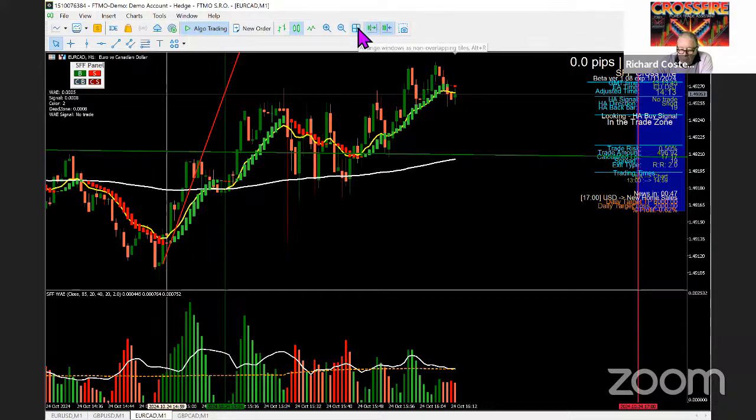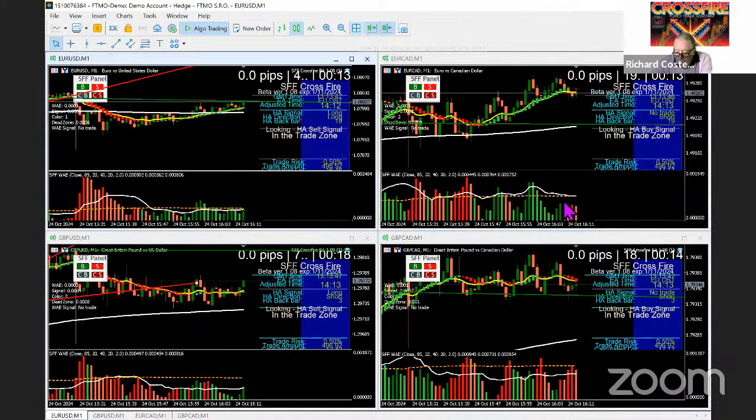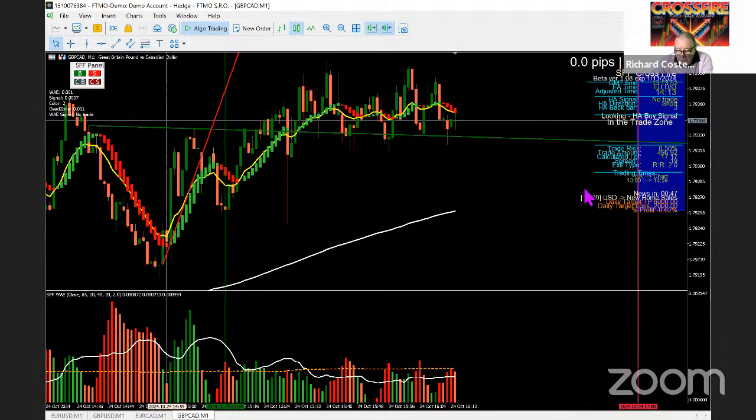And I'll look at the last pair now. I'm going to call it a day. So this one, it's telling me it's looking for a buy signal, and that's because